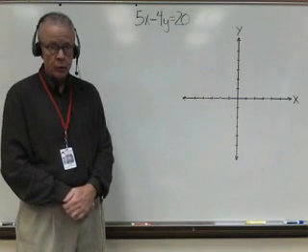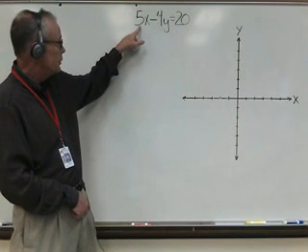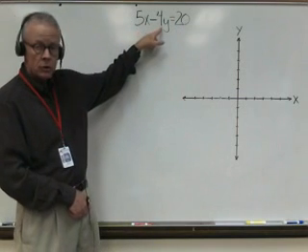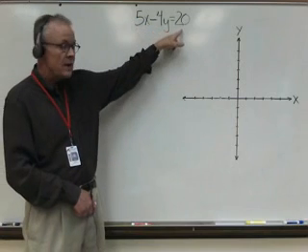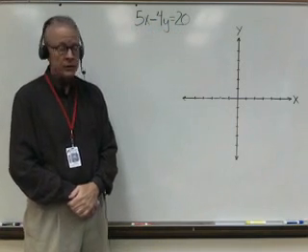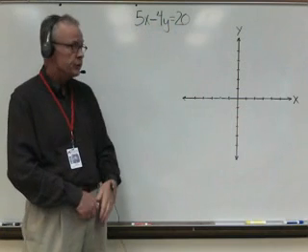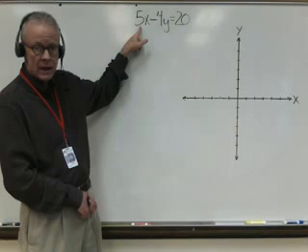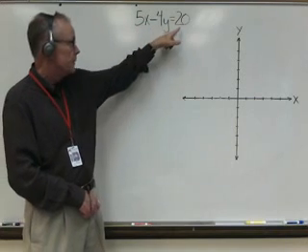Further, it works particularly well when both the coefficient of x and the coefficient of y are factors of the constant term. That means that there's some whole number or integer that we can multiply times the coefficient and get